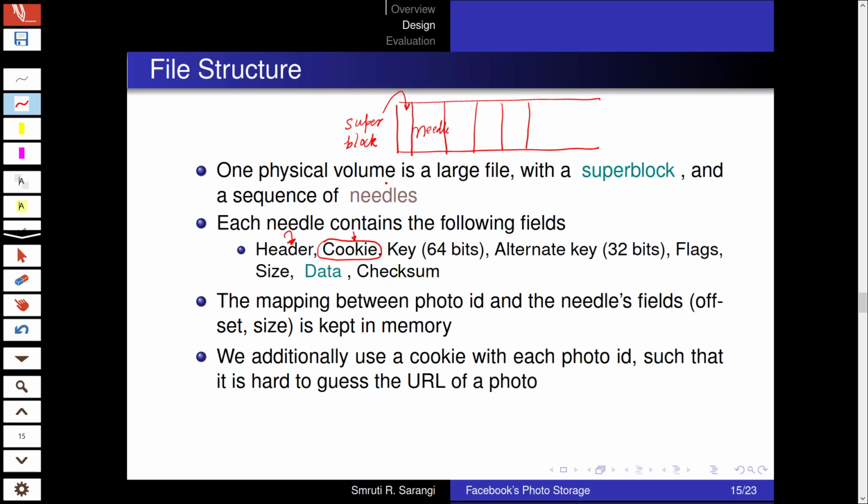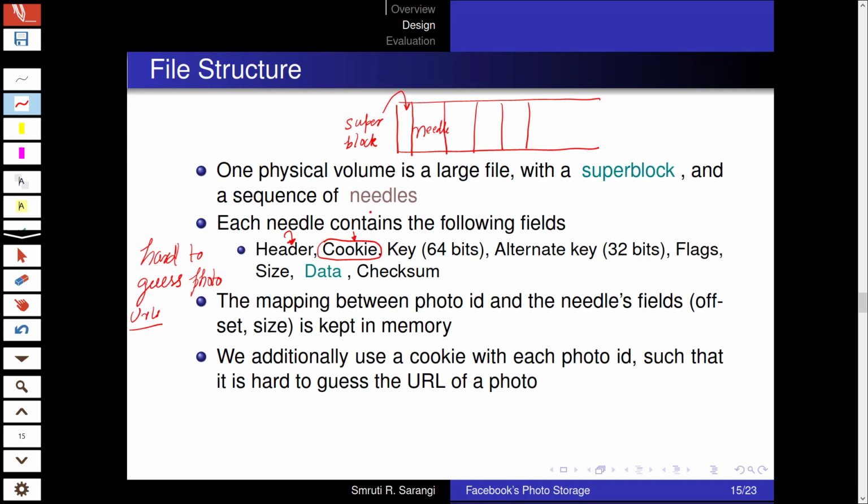This makes it hard to guess photo URLs, right? Because for every photo that we get, the cookie has to be supplied, and we will not know the cookie unless we are a legitimate valid user, and the photo is also being accessed in a legitimate and valid manner. The browser will not have the cookie for a photo.